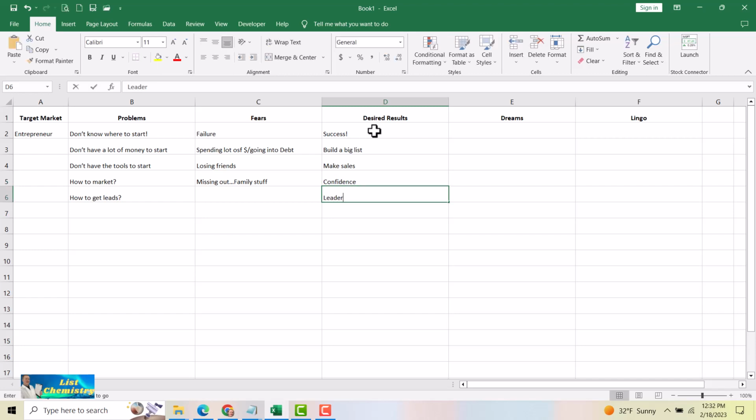Maybe they want to become a leader, and you're going to come into things like that. Maybe they want to replace something they have over here. The desired result maybe is to become debt-free. Okay? So a lot of these, you'll notice, will start to overlap and weave together, which will then give you the idea. If they come up on top of each other over and over, then it's probably a really good thing that you should be using when you're talking about things to implement and things to put into your list or your lead capture page, however you're going to solve that person's problems.